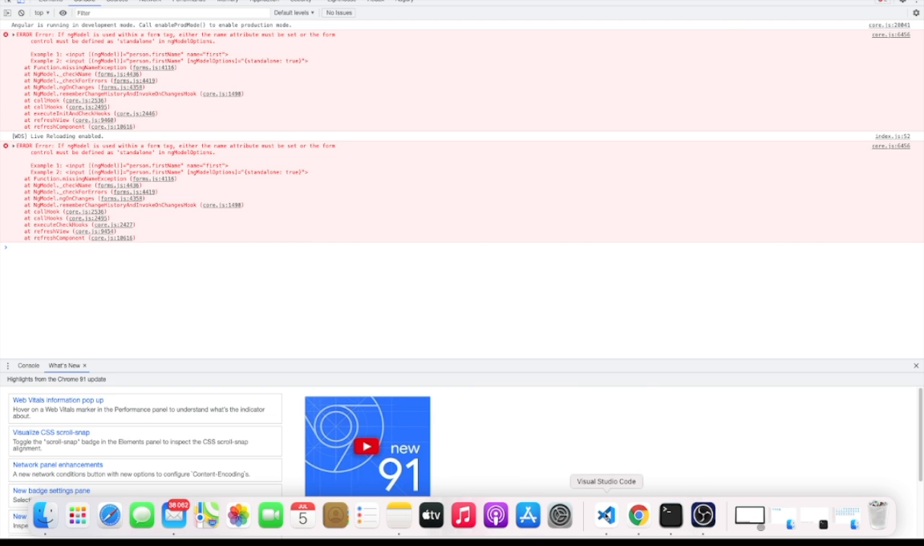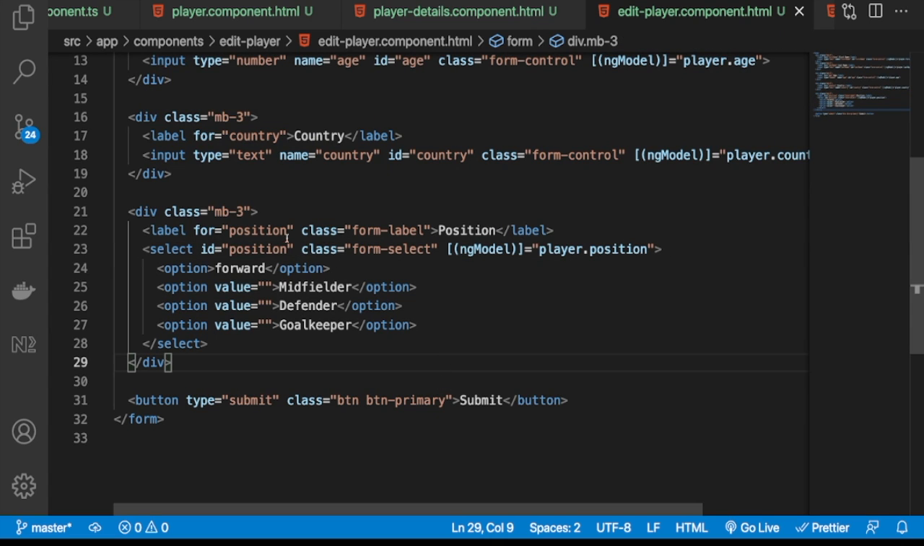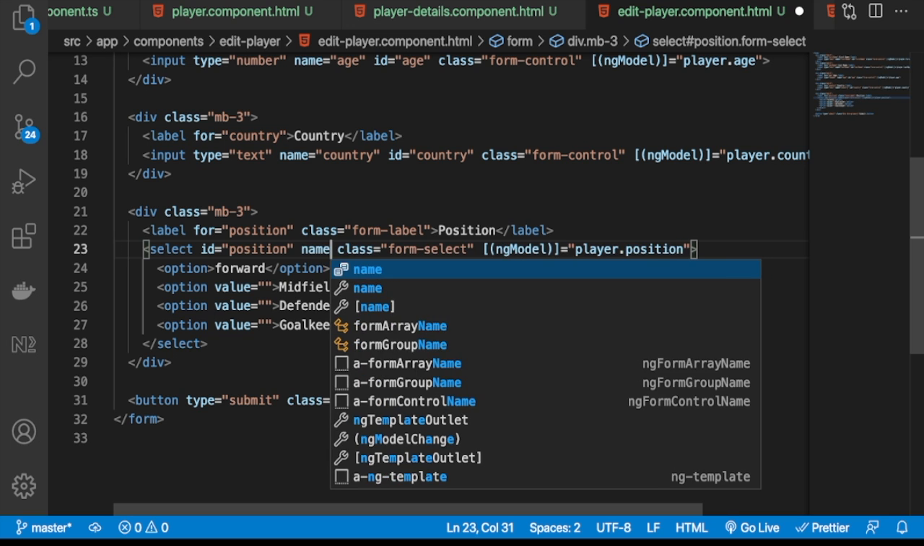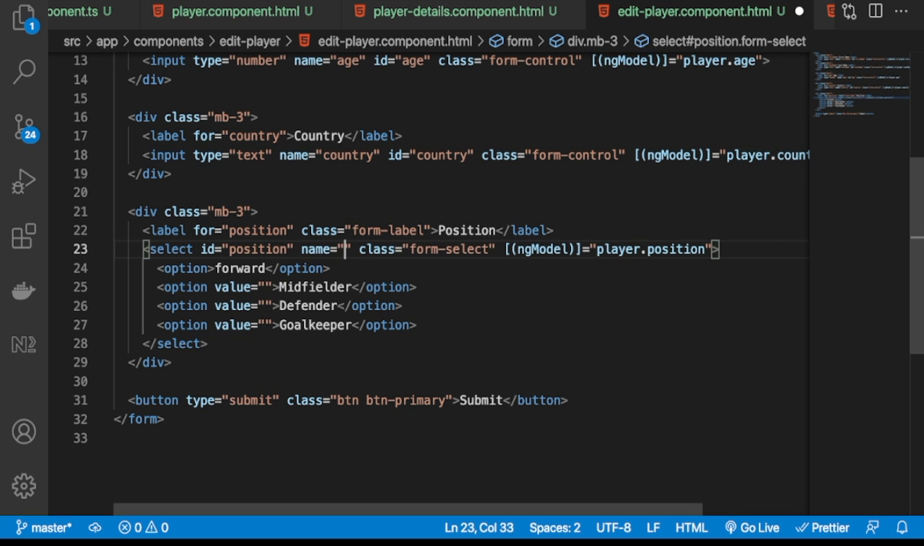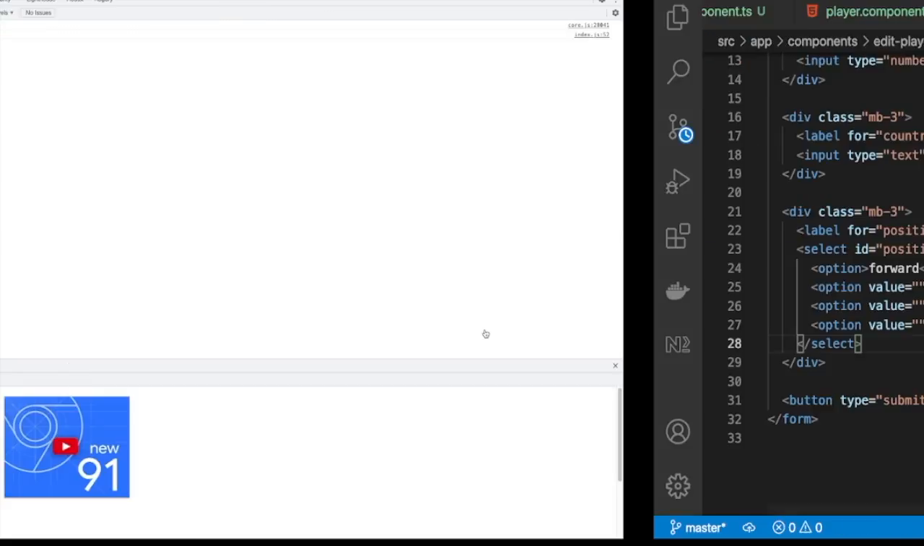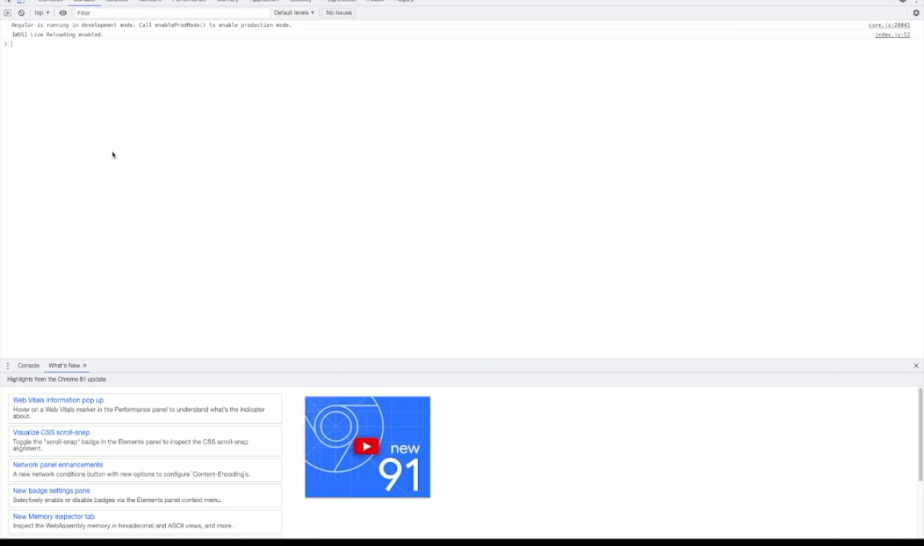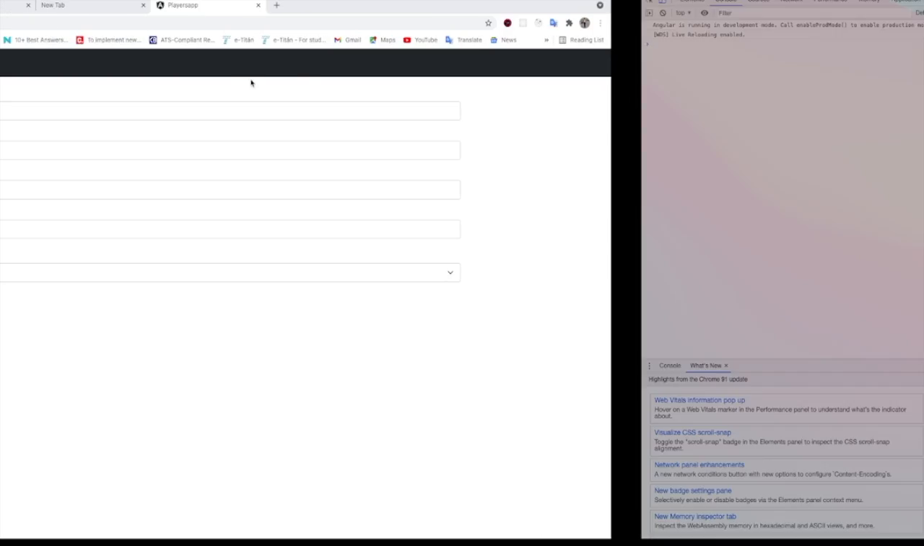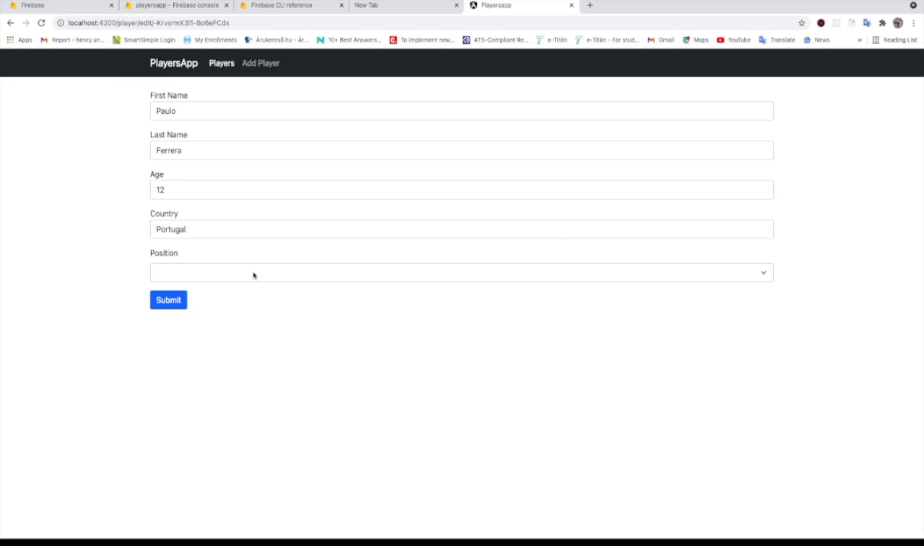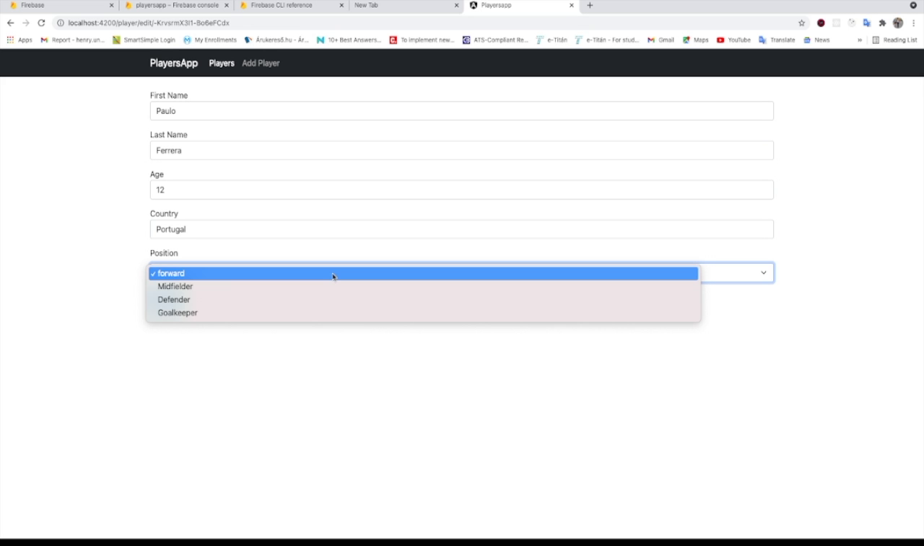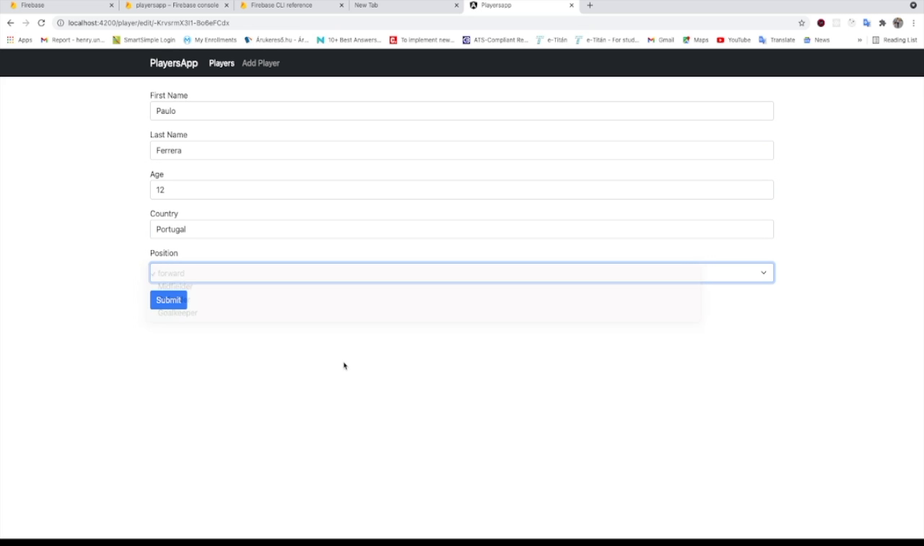Okay, so I'm going to head back to Visual Studio Code, and for the position I'm going to put a name. So name is equal to position. Alright, I'm going to save that, and if I go back, you see that now we have no errors. I'm going to close this, but you see that the position is still not showing. When I click on this, I see the other values, but I want the default value to be the position